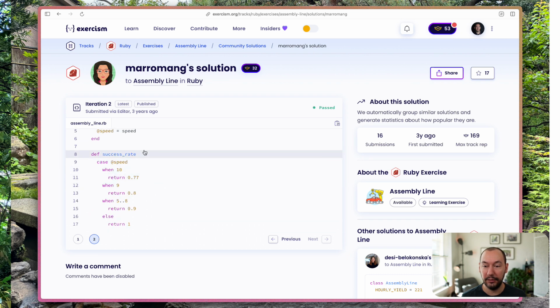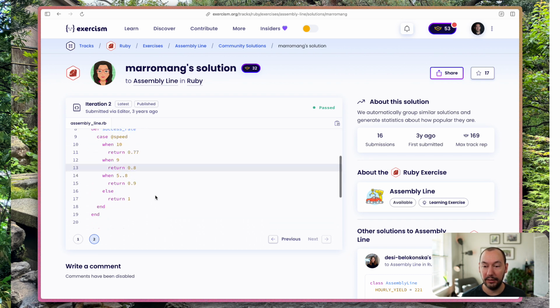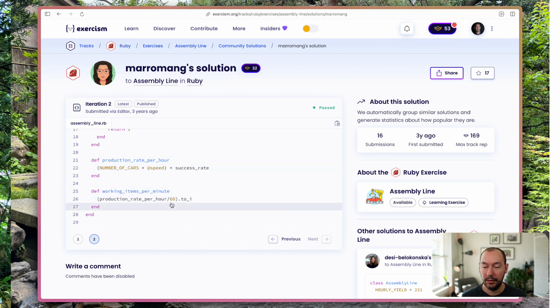Nothing drastically different. They defined a success rate case above. So they specifically changed it to I. That's interesting. So in this implementation, it's probably accurate. It's just basically going to drop the. So I'm going to challenge you to look at what would be the difference between the way we did